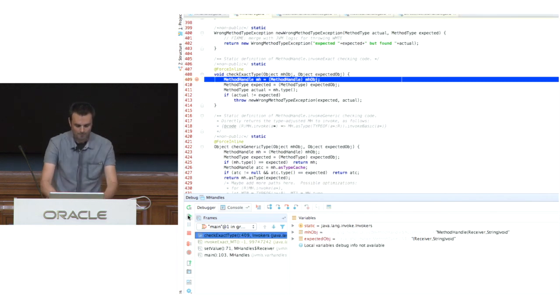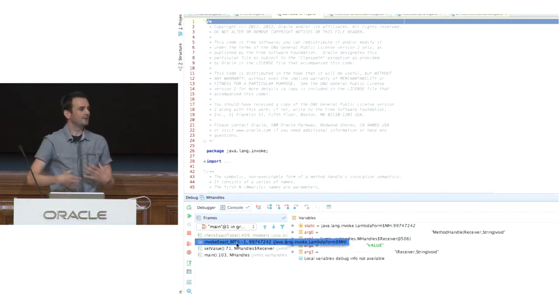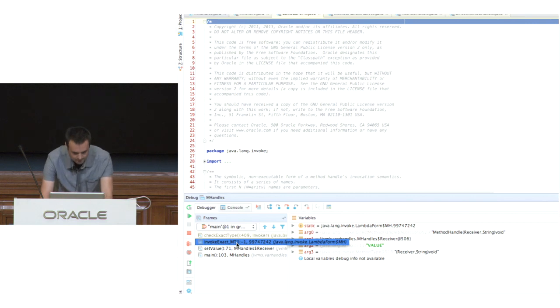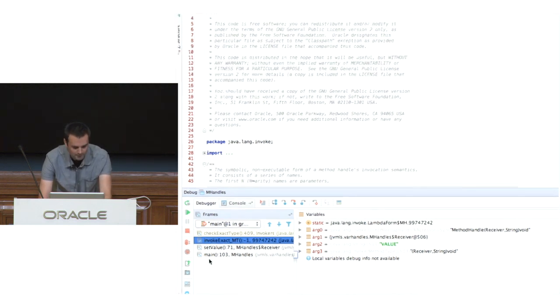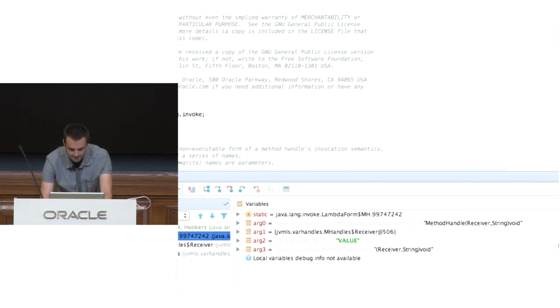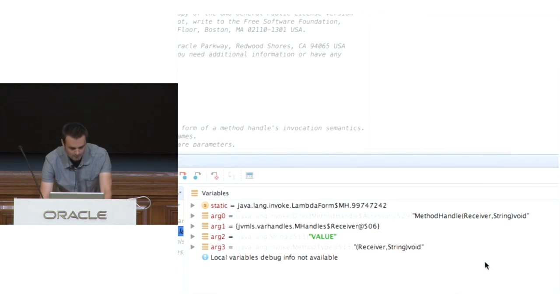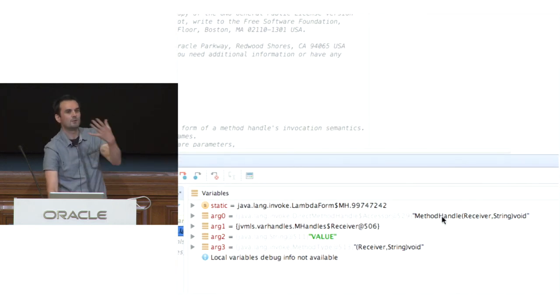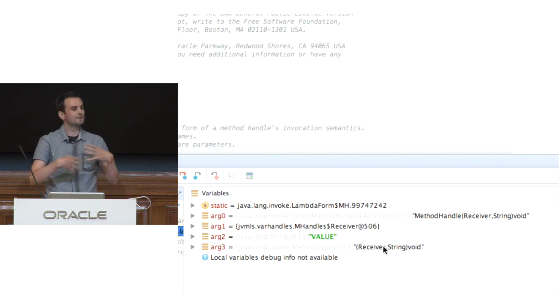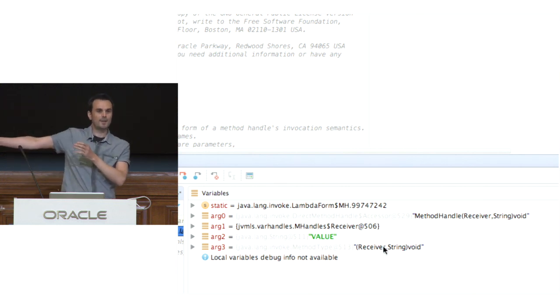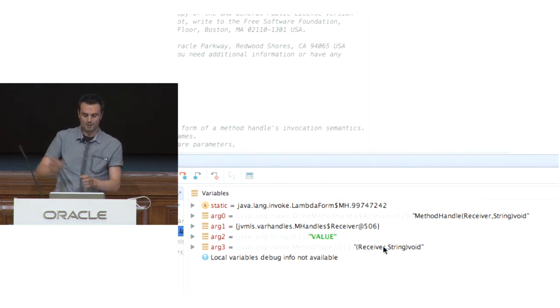So the first thing we note here is there's a spun-up class. IntelliJ doesn't know what it is, so we can't debug into it, but we can still actually look at the arguments of this invoke exact call we linked to. It has 4 arguments. The first one is the method handle we're talking about. The second argument is the receiver holding our field. The third argument is the value we want to write to that field. And the fourth argument is the method type that represents our types at the call site. So we appended that argument onto the end when we linked to it. Every time we call this method, we'll append this little